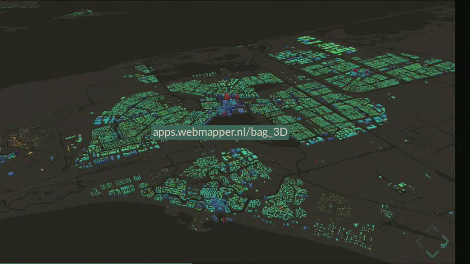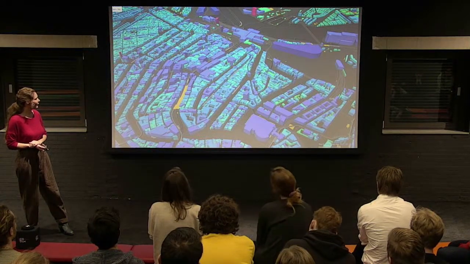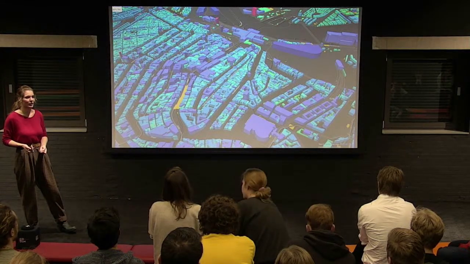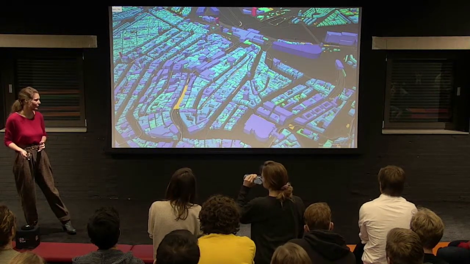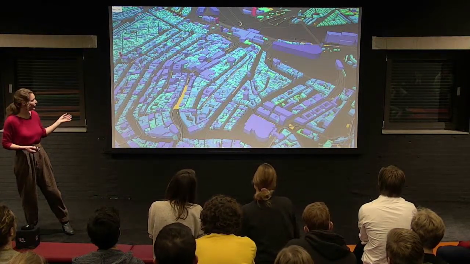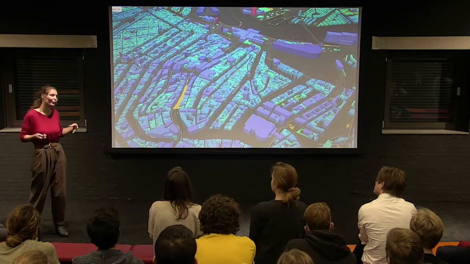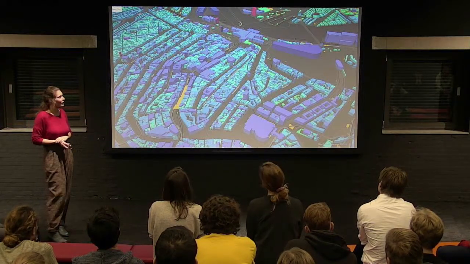And what's also really fun is that you can have a little bit of 3D. So I made the BAG, which is the buildings of the Netherlands dataset, into 3D. And you can extrude all the buildings on the height. And having so many features in your browser and having them extruded in 3D is incredible, because there's so much data actually that you can get into your browser. And if you look at this map, you can visit the application if you want. You might notice that if you zoom out and you get more and more features into your screen, it gets slower. But this was not possible before.